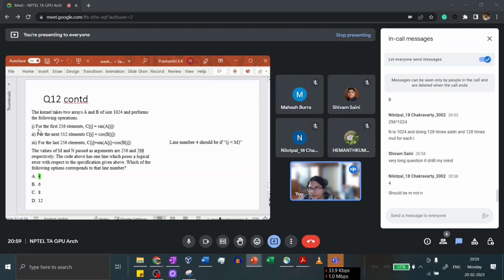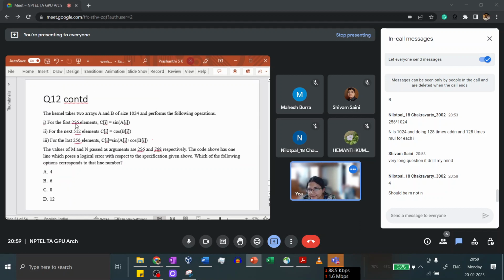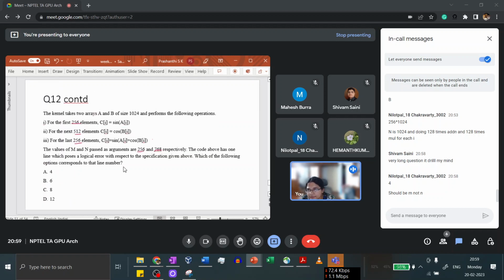So what do you want to do? For the first 256 elements, you want to compute sine of A[i], and you're passing M and N as 256 and 768. But what you're doing here is up to 768 you're computing sine of A[i], which is not what we want to do, right? The spec says for the first 256 elements we want to do this. So if it was M instead of N, then for the first 256 you would be computing the sine, and